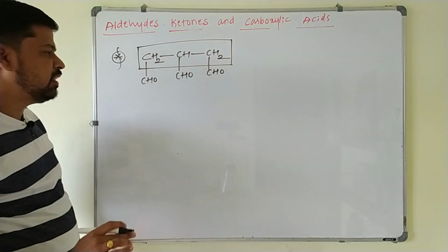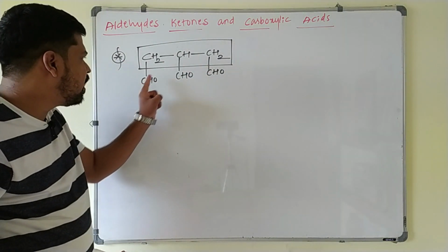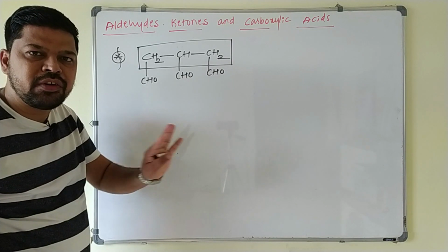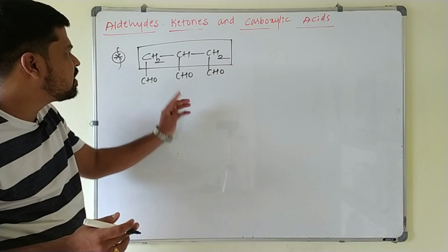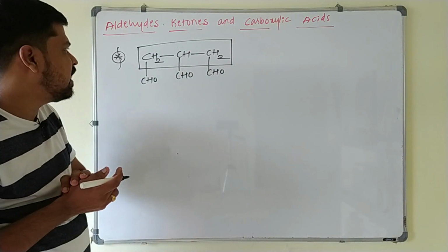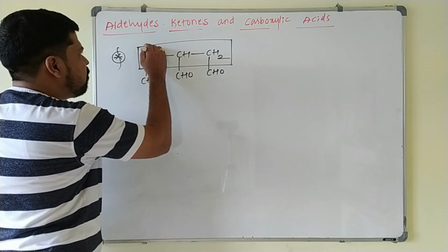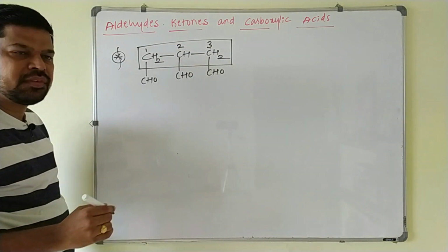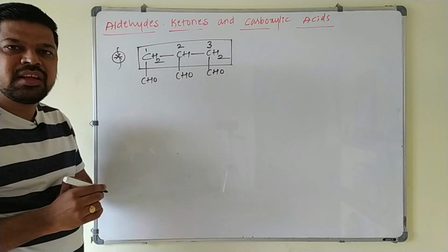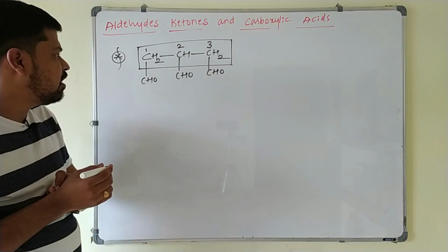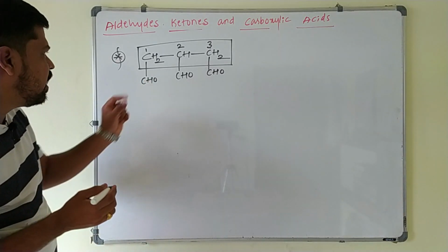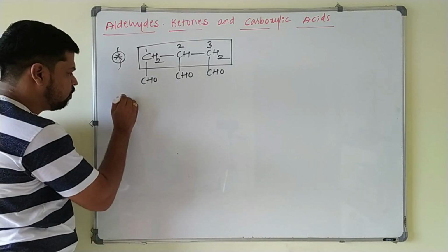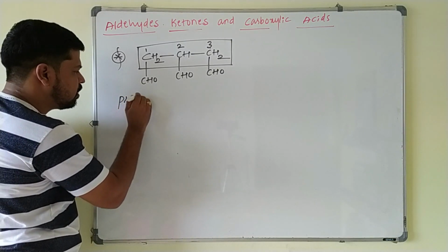of the parent chain. In this case, the carbon atoms of the functional groups are not included in the numbering, they are just named as a derivative of this parent chain here. So numbering is done for only these 3 carbon atoms, 1, 2 and 3 here. And these compounds are named by using a special suffix called carbaldehyde. So the name of this compound becomes propane, 3 carbon atoms, that is propane.